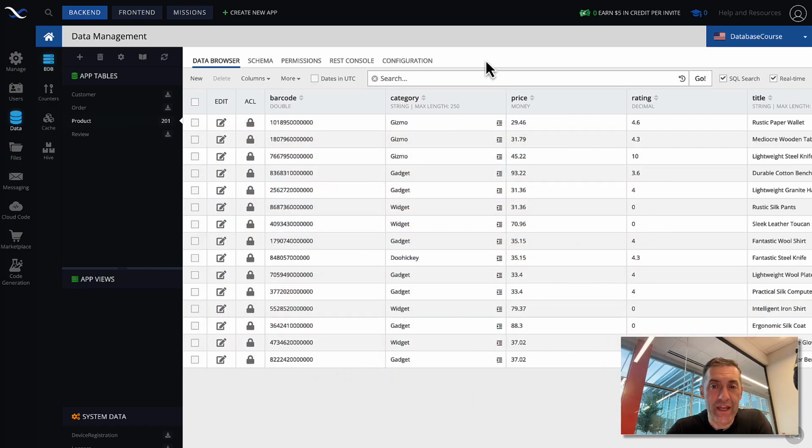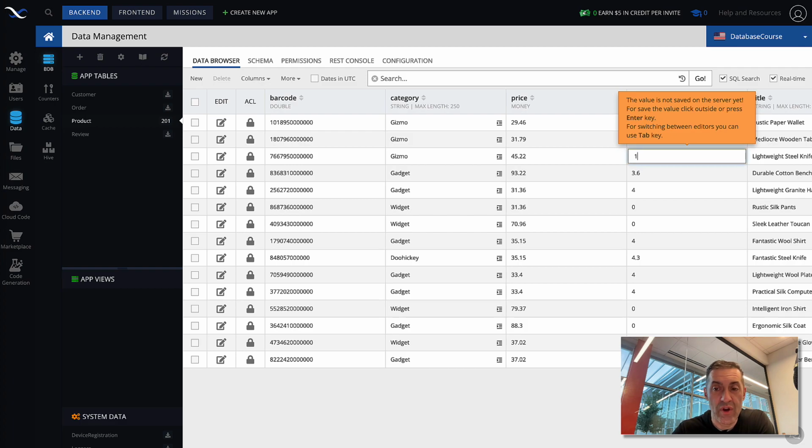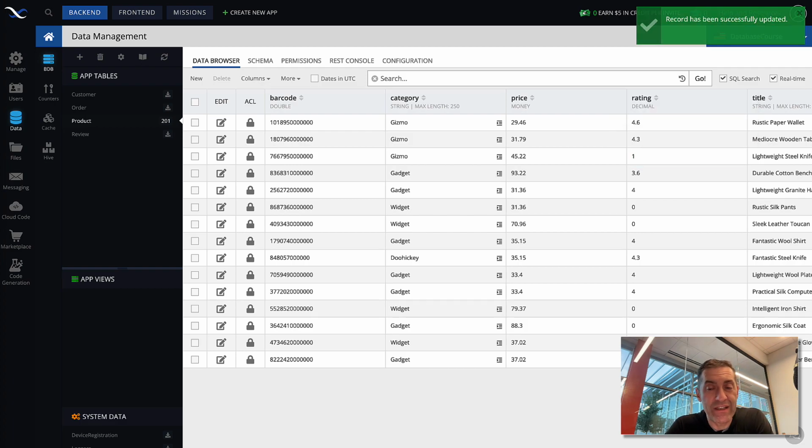So here in Backendless Console, we will be working with the product table. Of course, you can modify any of the properties here in Data Browser. These modifications that you do right here, they do not use the API. So here, if I change this rating from 10 to 1, and that record is updated, we use our internal built-in API in Backendless, and that is not an API call. This is more of a management call. However, your applications would be using the actual API to make that change.